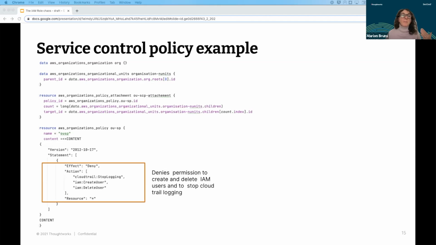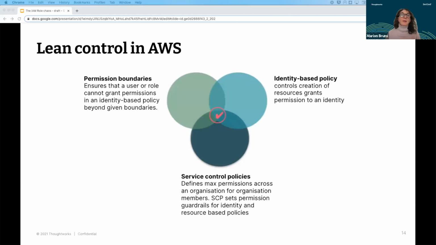And if I just quickly go back again, what are the resulting permissions for a role, or for a user, or for an identity? This is actually the intersection of all these policies.